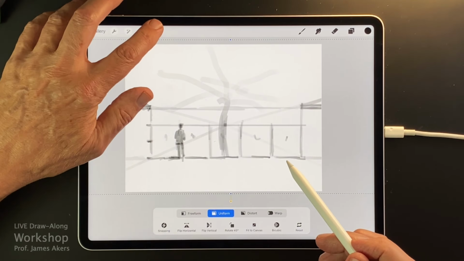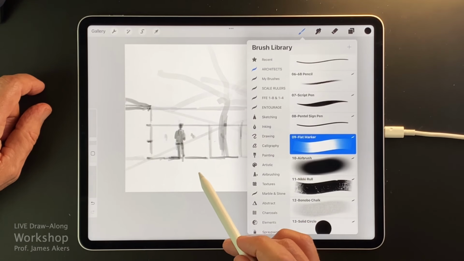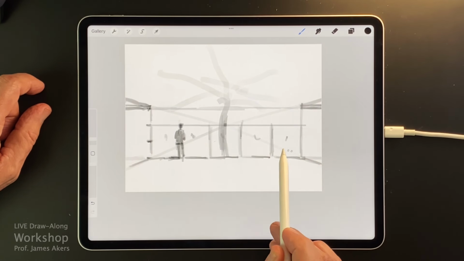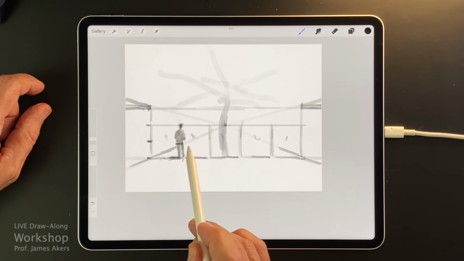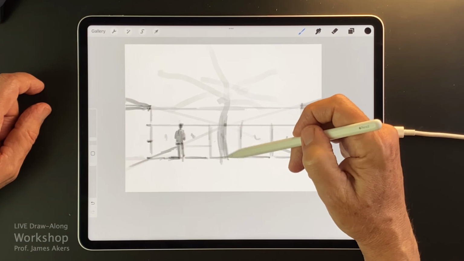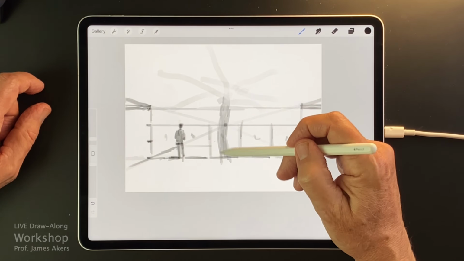I'll commit to this, and I'm going to go back into this flat marker again and just add a few more fuzzy details that only I will see, but that are going to help me figure out how to compose the rest of this sketch.